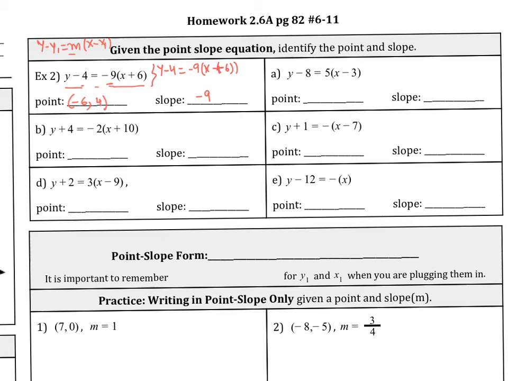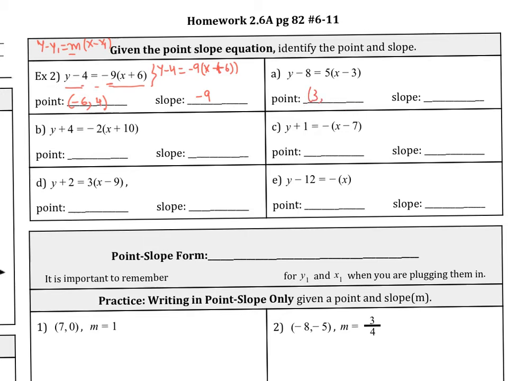Or the cool hint is that if the positive sign is here, then you list this as a negative 6. Similarly, if there is a positive sign, you list this y1 as a negative. If it's a negative, then you list this number as a positive. So for example, in the letter A here, this is negative and this is negative, so we are going to make them